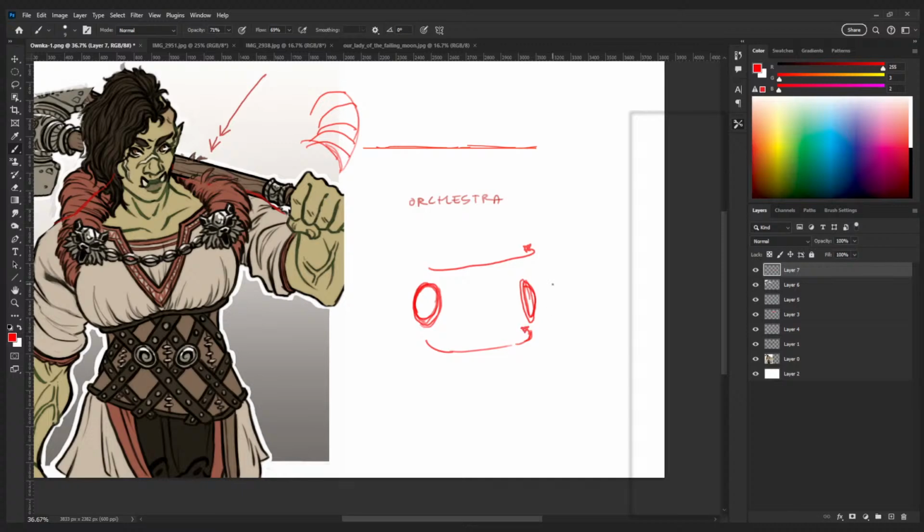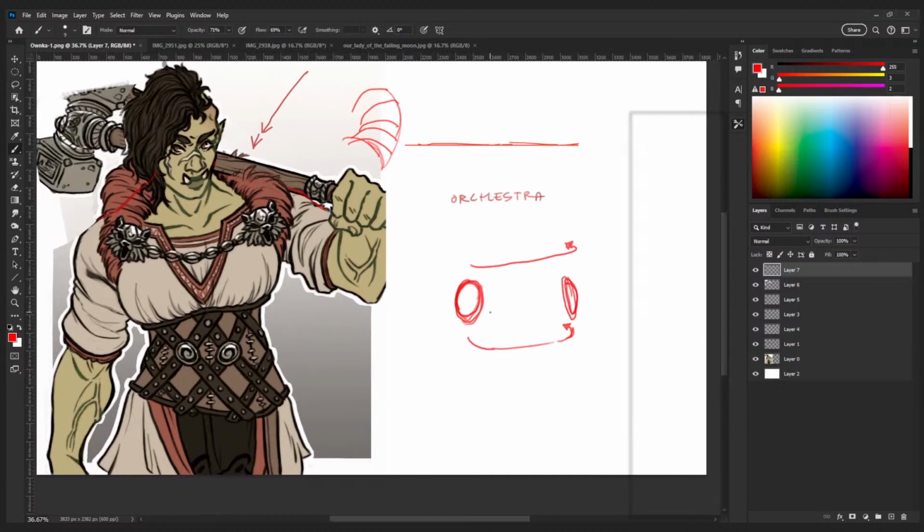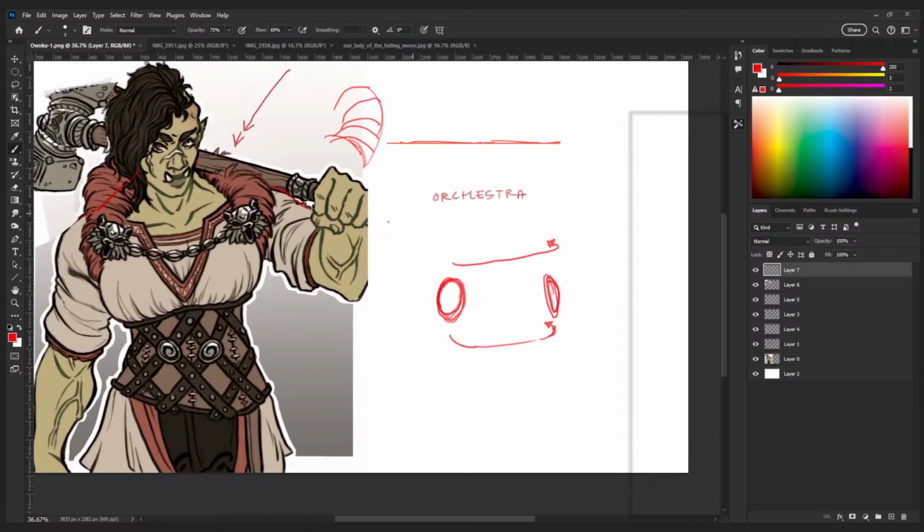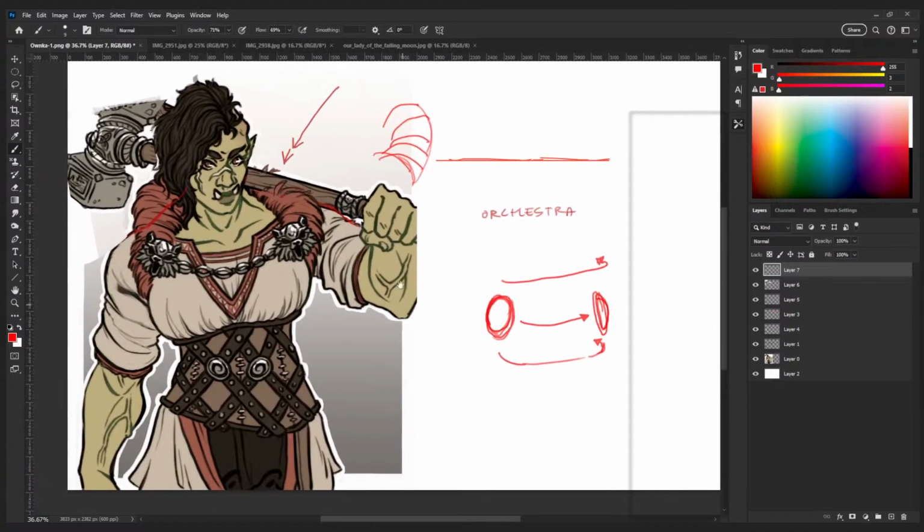So again, it's a really small thing that it's easy to not think about. It's easy to go, I'm drawing my character, I'm just going to copy paste this bit because it's the same on both sides. But I think you can use it to your advantage to say something about the 3D nature of what we're looking at. And why wouldn't you want to take the opportunity to say something about the 3D nature of what you're looking at? I think there are loads of opportunities for that. Another opportunity for that,